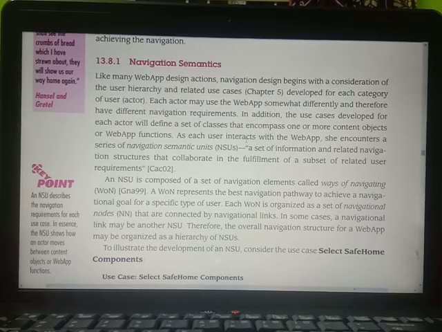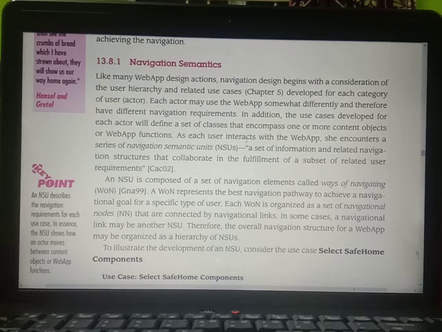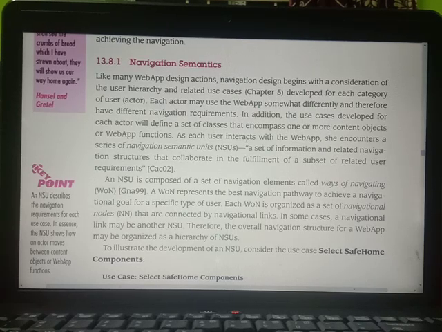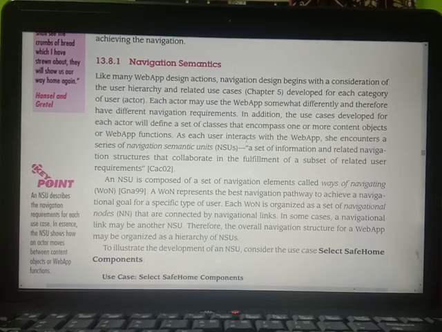For each category of user or actor, each actor may use the web app somewhat differently. So each and every user or actor will be using the web app in their own style, and therefore have different navigation requirements. In addition, the use cases developed for each actor will define a set of classes that encompass one or more content objects or web app functions.